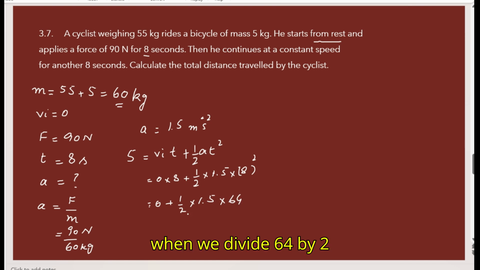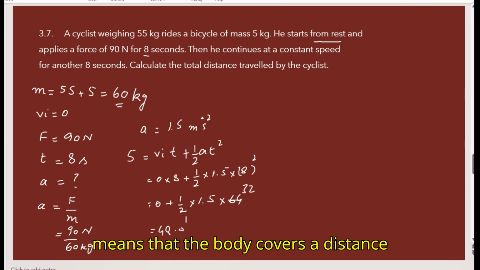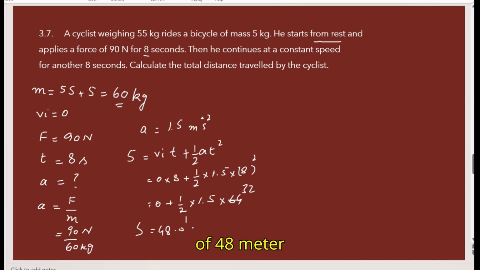When we divide 64 by 2, we get 32, and multiplying 32 with 1.5, we get 15 twos are 30, and 15 threes are 45, and plus 3, 48. It means that the body covers a distance of 48 meter during the first